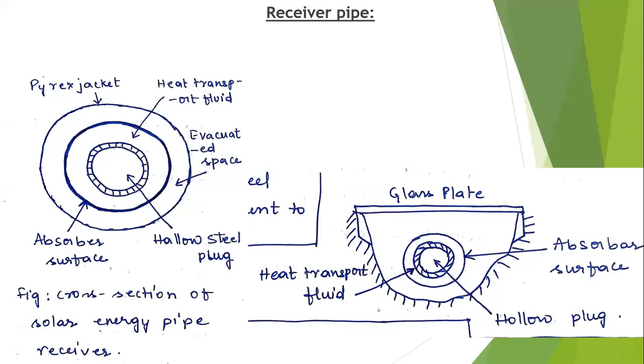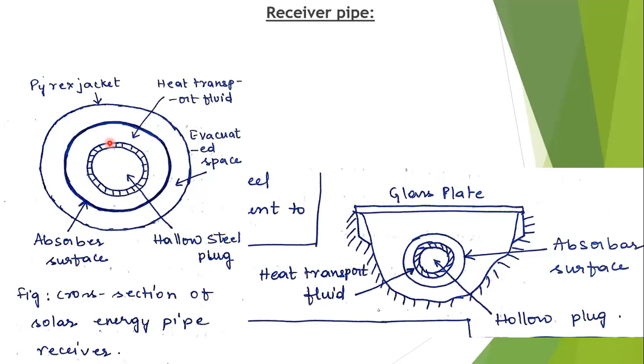Next, all these collectors have a receiver pipe. This receiver pipe will receive the amount of heat collected by the collectors, and it transfers it to the utilization positions. This figure shows the receiver pipe of a parabolic line focusing collector. The solar radiation absorber is a central steel pipe with a treated surface. Treated surface means it has some glass or some selective absorber coatings.